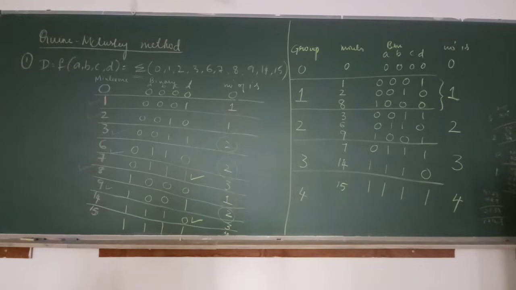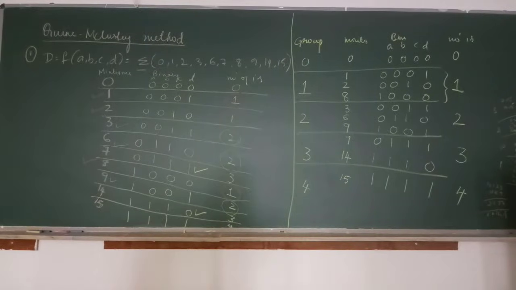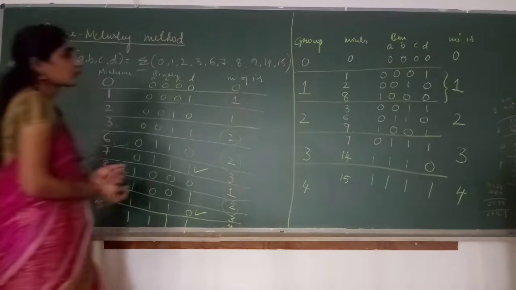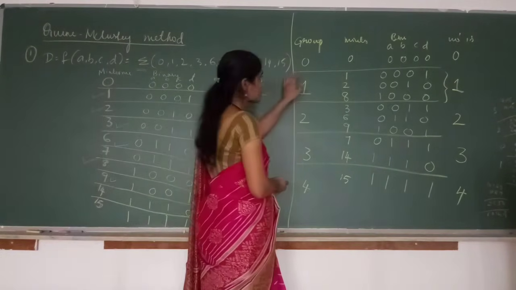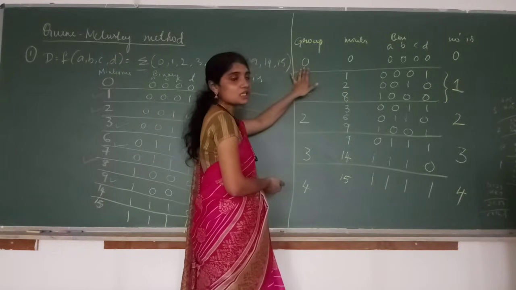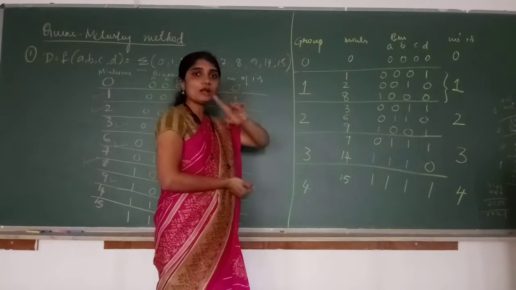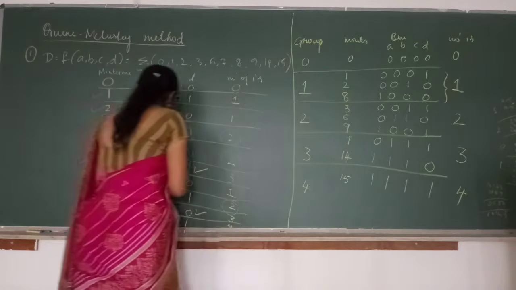We have arranged all the min terms in increasing order depending on the number of ones present in the min term. Right? Is it correct? So now let us write the next table. So listen very carefully. What is the next table? You have to create a new table showing the min terms in group n that are matched with min terms in group n plus 1 such that they differ only in one position. I'll explain. What is that?